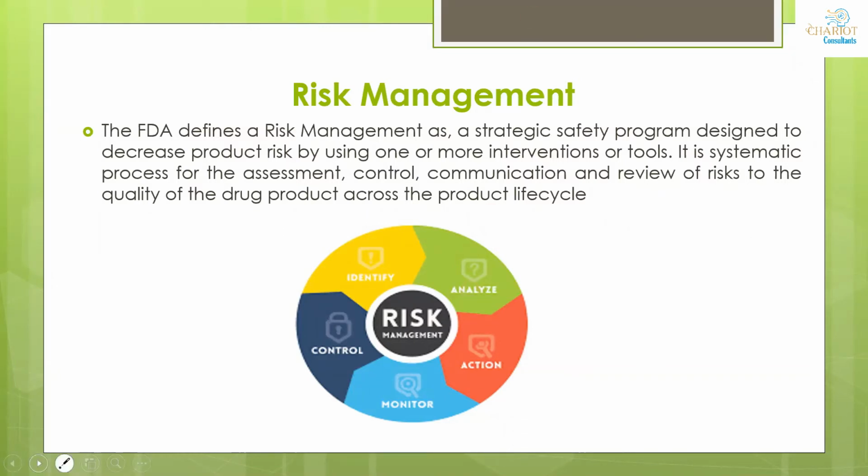So PBD is basically, first of all, you need to identify the targets. You need to have the CQAs. CQAs generally are what you are monitoring, how you are monitoring your product. Then your risk assessment. Risk assessment, in terms of your materials and your process, and finally defining those risks which are high, medium and low. And what is the action plan on reducing those risks? That is called risk management.